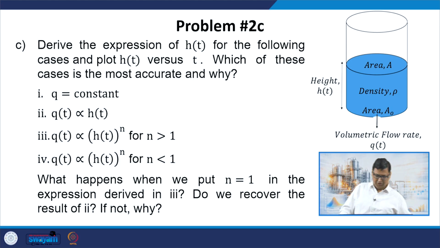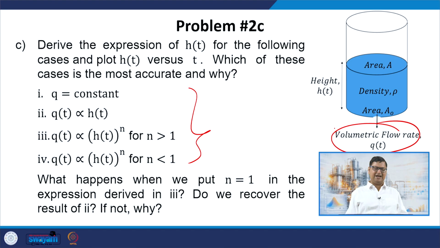Now, what I want to do is derive the expression of this height of time for these cases. What I am essentially doing is proposing different kinds of empirical models, mathematical forms of how Q, the volumetric flow rate coming out of the tank, may depend on the height of the tank. So far, I have not used the Bernoulli equation, I have not used any physical laws. I am developing some kind of an empirical model along the lines of what we did for the spring dashpot